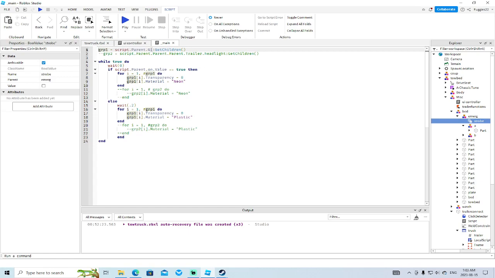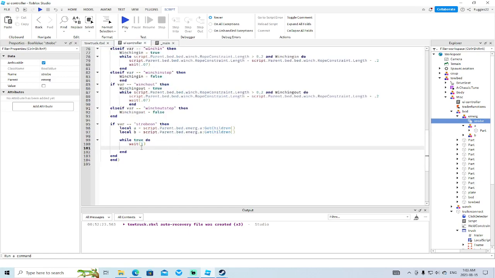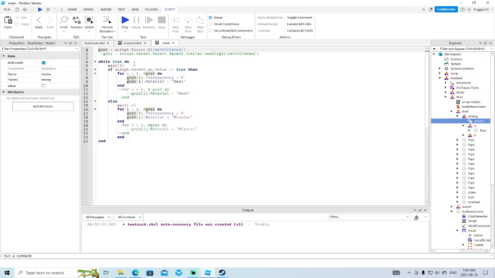If script.parent.on.value equals true, then, and we want to say if script.parent.bed.emerge.strobe.value equals true then. Okay, same thing that they did. And then this for i is instance value group 1 do. We'll just copy this here. All right, and this is how you